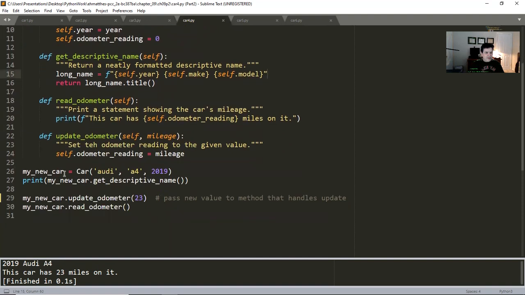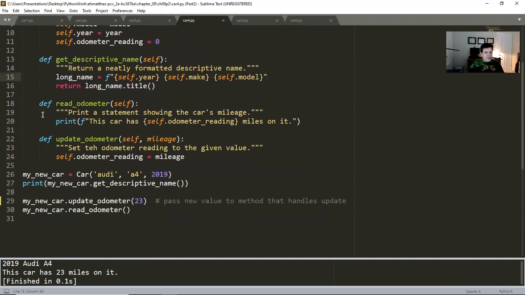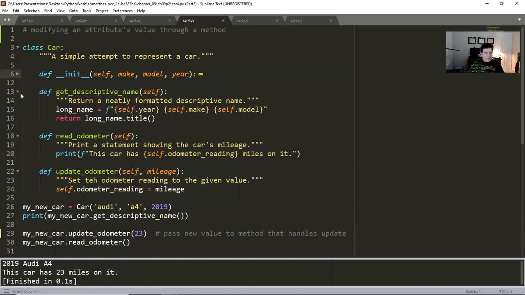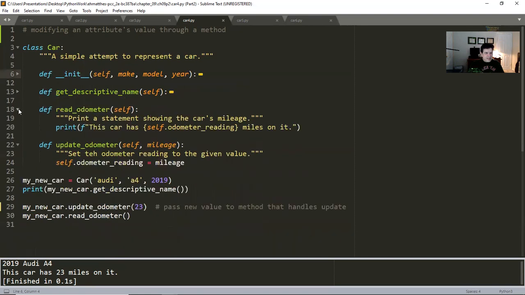What's new here is that, let me go ahead and collapse some of this, because we don't really need to see it. We already know what's inside the init method. We already understand the get_descriptive_name, and I do like get in front of methods. And then, why didn't they say get_odometer_reading? But anyway, odometer reading, well, we'll leave those two on there. So on line 26, I create my instance, right? Pass it Audi